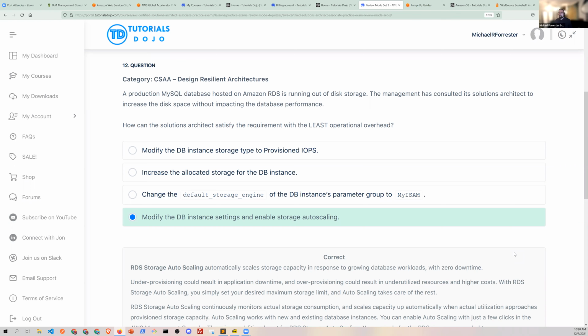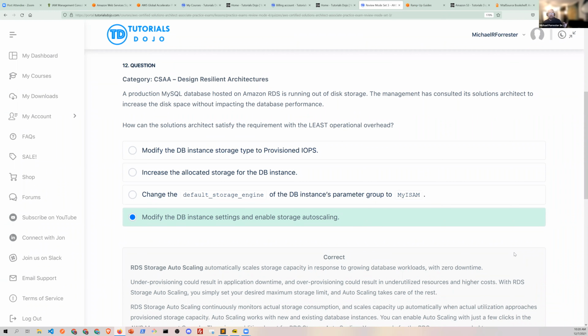So the best way to do it, and it's not the only way, is to go in, change the database settings and say, look, I want you to scale the storage by 20% when it hits like 80% or 100%. In other words, RDS, since it's a platform as a service and not infrastructure as a service, you don't get access to the operating system. So you go in and change the platform settings and say, look, I want you to auto scale storage. Now that's just something you would have to know by messing around with RDS, or, for someone like me on a Friday night, just reading the documentation because you're bored, right? You just have to know that about the service. So that's just a pure straight up service test.